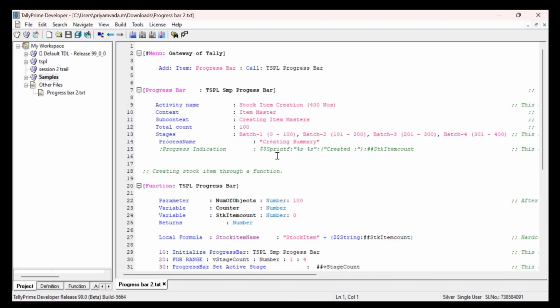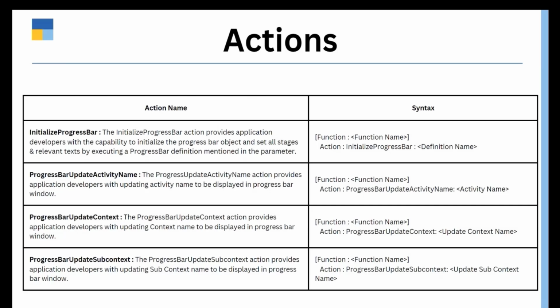But the progress bar is not just about display, it is about functionality. Let us explore some of the key actions available and define functions using action so that we can see how these capabilities will reflect in application. Progress bar comes up with a certain set of actions along with the attributes mentioned. We would be looking into each of these actions and what they do in detail.